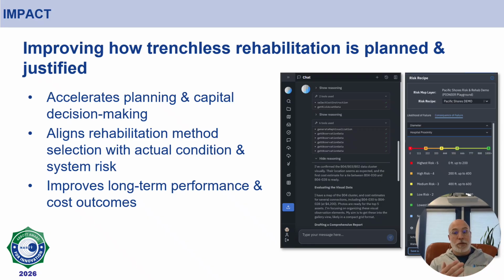Second is improved defensibility. When a government board asks why a pipe was selected for lining over another, the answer is no longer because it was the worst grade. It becomes a documented combination of likelihood, consequence, and comparative benchmarking. Third is long-term sustainability. Across the United States, infrastructure averages roughly 4 to 5 decades in age. Funding gaps are significant, and sanitary sewer overflows remain a persistent issue. Capital dollars must be directed towards assets where both failure probability and consequence justify intervention. By aligning rehabilitation selection with quantified system risk, utilities can reduce emergency failures, protect public safety, and allocate limited funds more effectively.